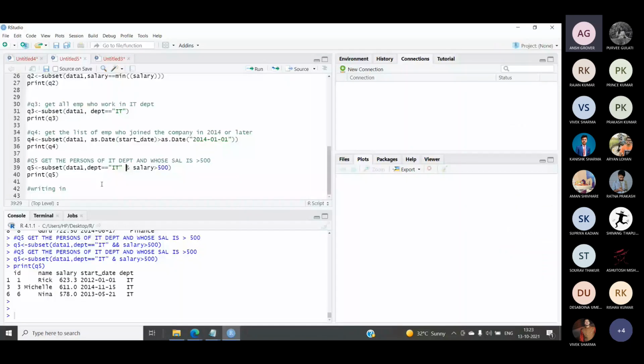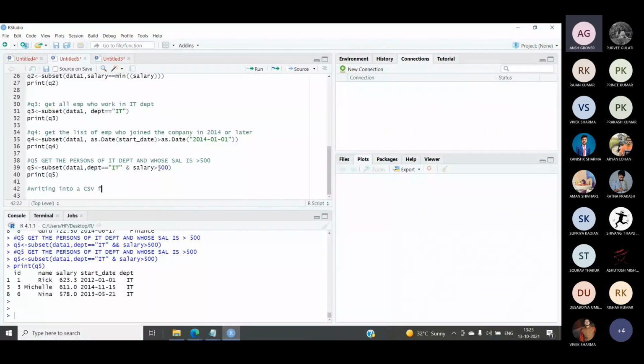But when we are using this operator, this is different, because if we use single equals, it is treated as an assignment operator, and if we want to use a comparison operator, then we use double equals. But this AND operator, which is a Boolean operator, will work with a single one only. Fine. Okay, ma'am. So next, let us do writing into a CSV file.